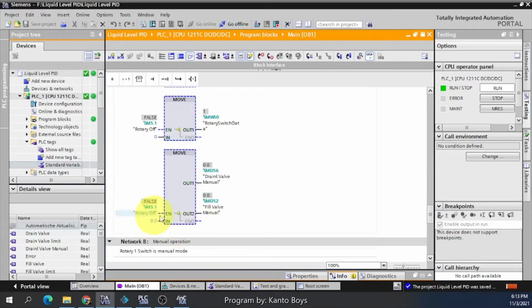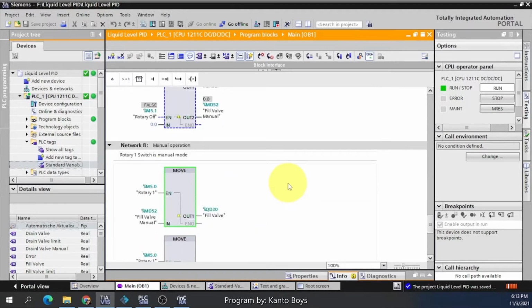If rotary off is true, the drain valve should be closed and the fill valve should be closed, so we move 0 to the drain valve and fill valve.